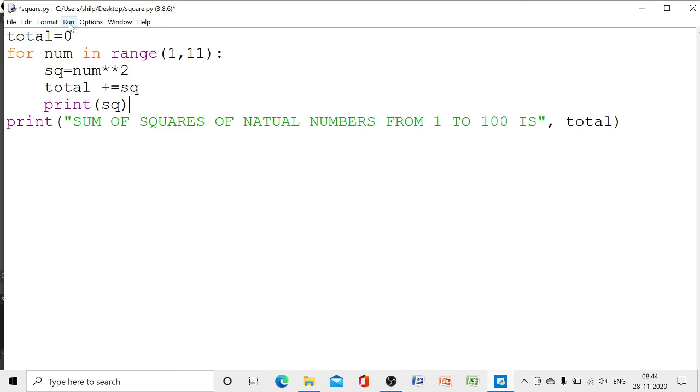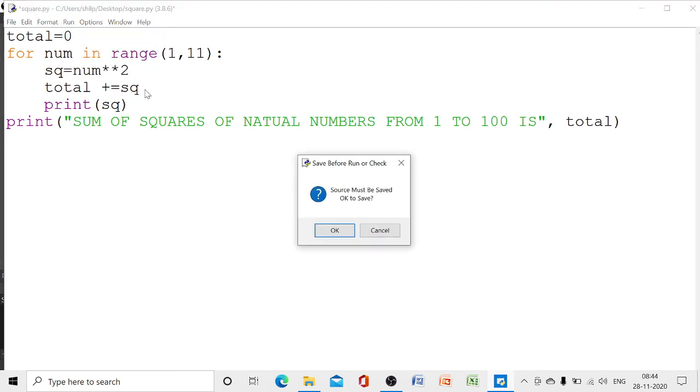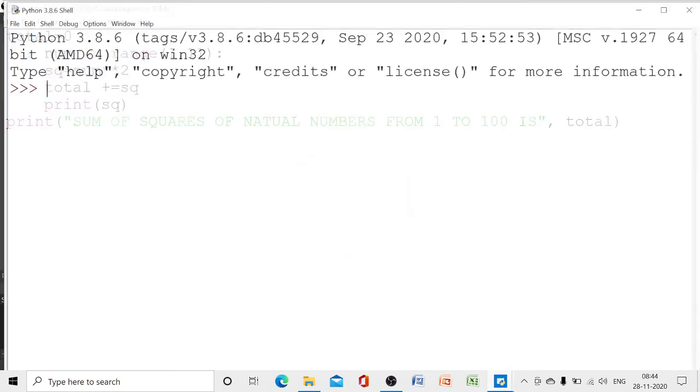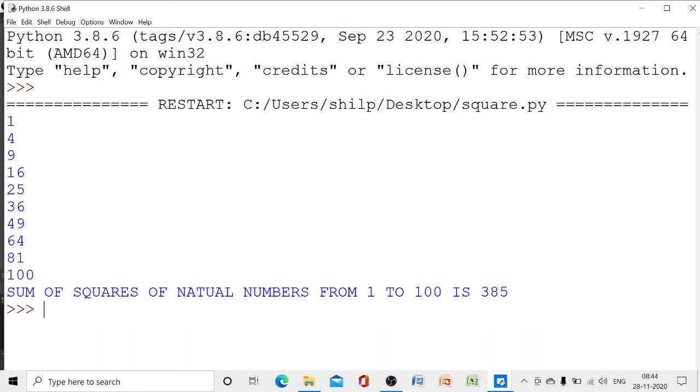So let us see what is happening here. See, the square values from 1 to 10: the square value of 1 is 1, of 2 is 4, of 3 is 9, and so on up to 10. The square values are displayed here.